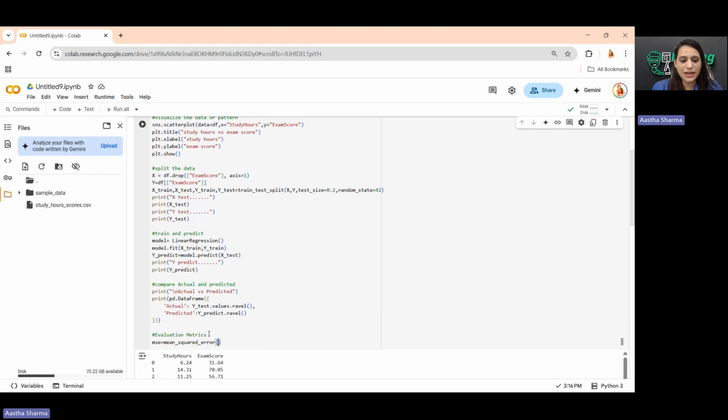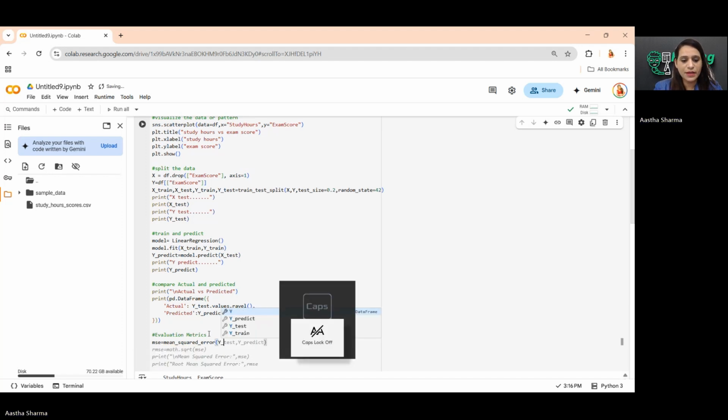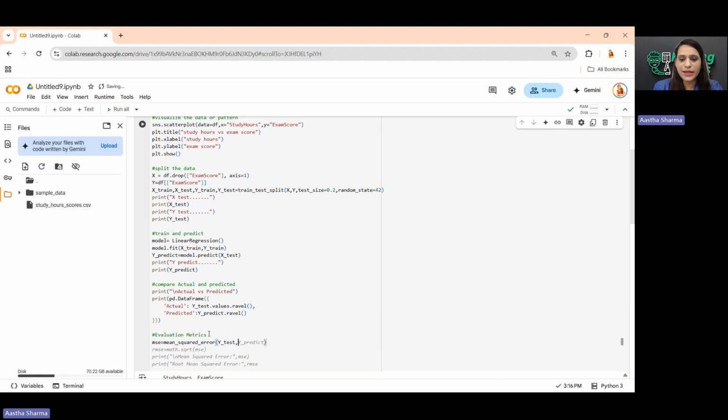What we are going to predict with that? y_test with y_predict. That is what exactly the difference is. Once we are done with that, we are going to understand root